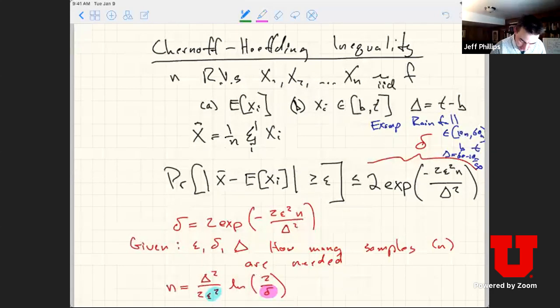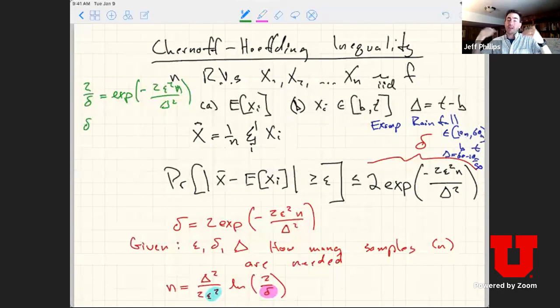Very natural. So what I'm going to do, I'm going to write 2 over delta is equal to e to the negative 2 over epsilon squared n over delta squared. And I can take the natural log of both sides. First, this is e to the negative, so that means I'm basically taking it to the power of negative 1. So I can get rid of the negative by doing,